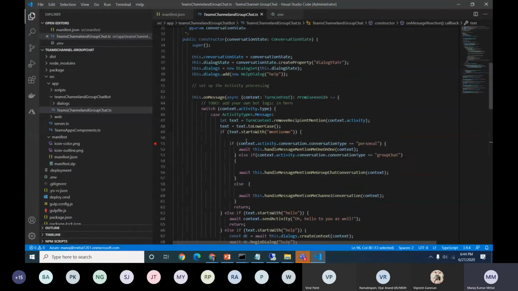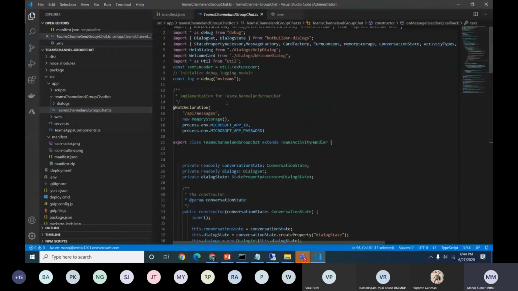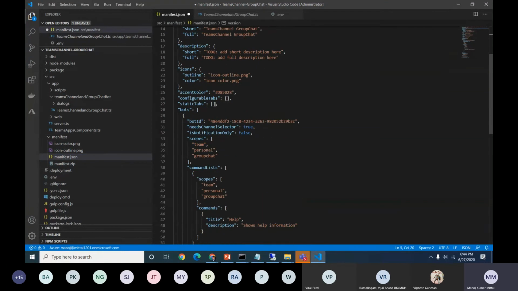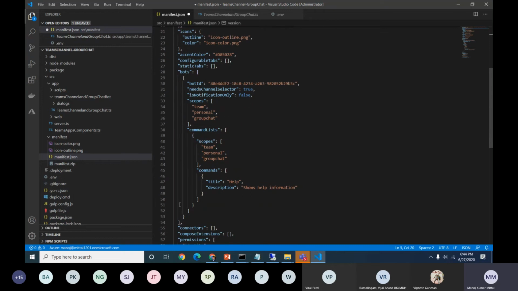Okay, so let me go back to this section. This is the similar, the same thing. So the app manifest file here is similar. We are going to provide the bot ID. I'll put something different here, any name. Then the package name, and you can provide your developer configurations in some sections. Then again, the important section is the bot section, where we are defining.